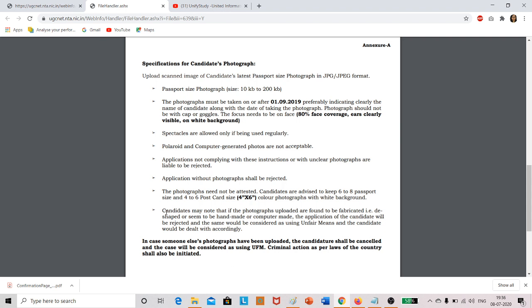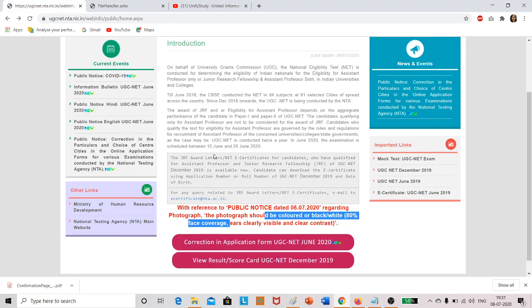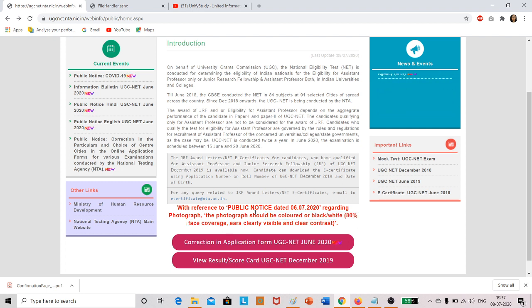And candidate must note the photograph uploaded, that is आपका जो भी है कि अपना फ़ोटो ही होना चाहिए. ये तो ज़रूरी है ना कि आप एग्ज़ाम में जा रहे हो दूसरे का फ़ोटो लगा रहे हो, दैट इज़ नॉट एप्लीकेबल. So this was about the update, and just do the correction because this is very very important. क्योंकि सर्वर कभी भी हैंग कर जाते हैं, सर्वर में इशू आते हैं. सो जस्ट नाउ गो टू द वेबसाइट, check it, do the correction, and exam is coming soon.